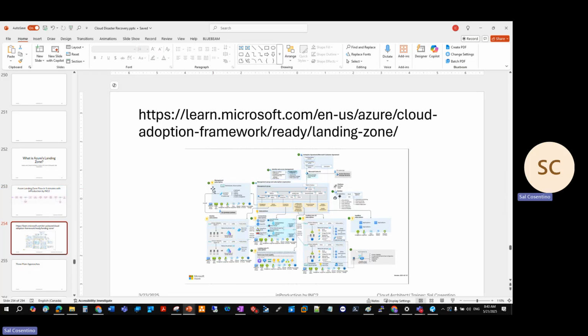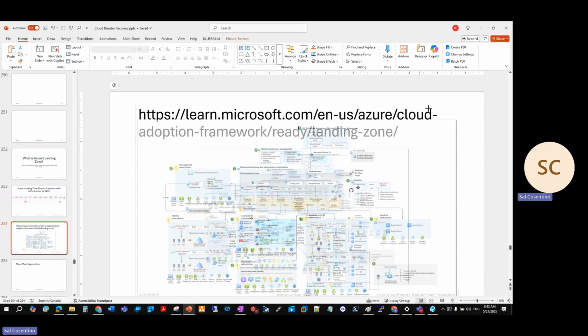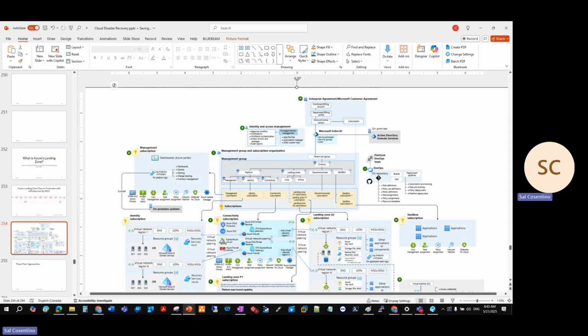When we look at the specific framework, let me make this a little bit bigger. We look at two different things: either the design area or the resource organization. When we talk about the design area, what does that mean? We want to be able to illustrate relationships. In this picture, you'll see there are about 8 design areas. These design areas include your Azure billing,